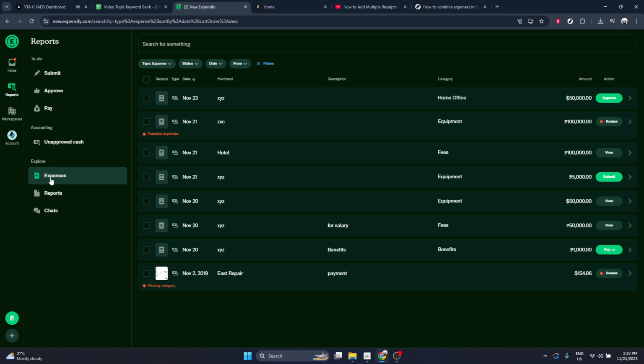After opening the Reports section, switch over to the Expenses area. You can do this by clicking on the Expenses option in the same navigation menu. This page lists all of your individual expenses, such as receipts and transactions, usually sorted by date. Take a moment to confirm you're seeing the correct set of expenses for the time period or report you're working